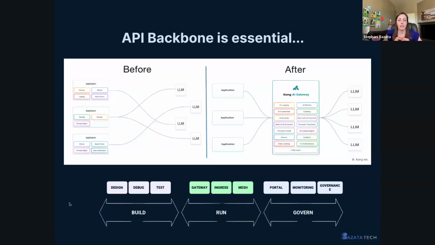All right, the next key foundation beyond governance is the API backbone. I really appreciate this picture that Kong has laid out because I think it tells the story really nicely of how centralizing around a gateway can abstract away a lot of the complexity we talked about. So let's imagine we were trying to build and ultimately get to an automated system with a customer service application. And today there are a lot of discrete applications that can be represented over here on the left that have been built in their own